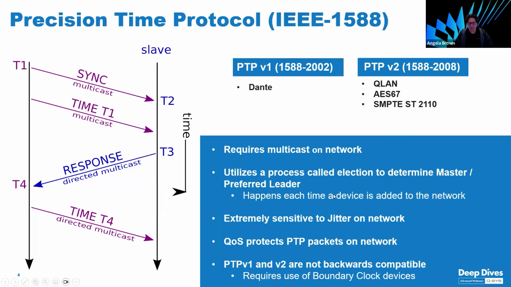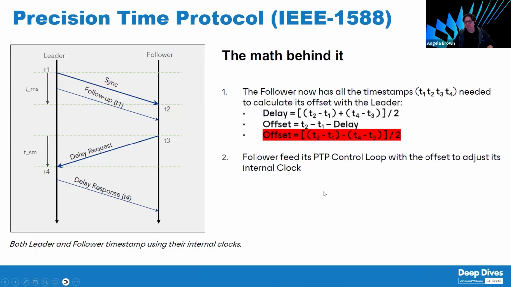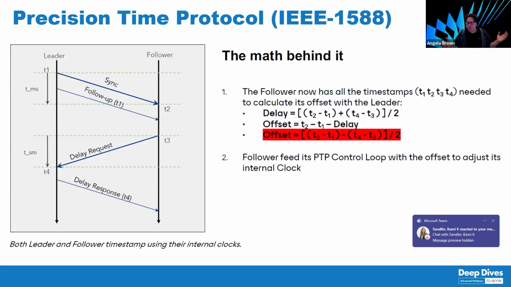Is there anything else we want to talk about for this slide? We're going to talk a little bit more about jitter coming up, but I think knowing how the communication happens between a leader or clock master and all of the followers is pretty important. So we're going to look at this graphic and make it make a little more sense. Basically, what's happening is you have somebody that's the clock leader on your network,